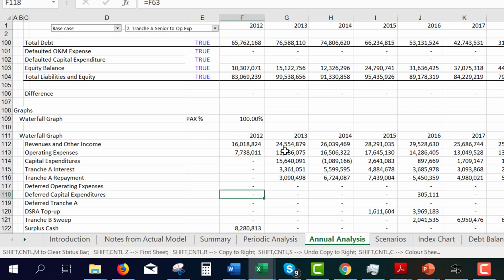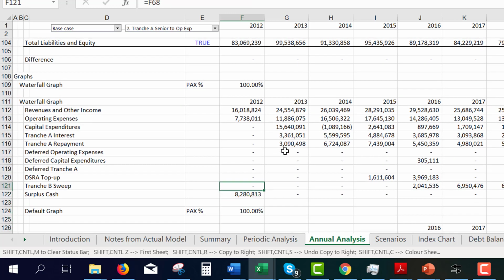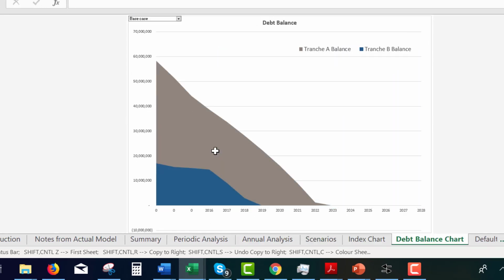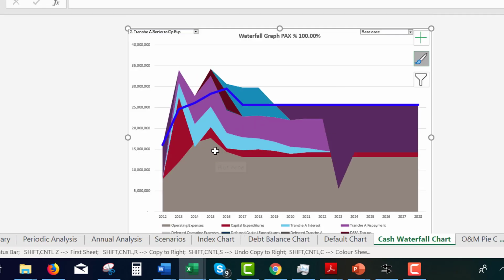Some of it goes to operating cost, capex, interest, repayment of deferred operating expense, deferred capex, and at the very end we might have a little bit of surplus cash. That's a graph of a waterfall. So I'm going to show you a couple of the other ones, and then I don't know, I was hoping